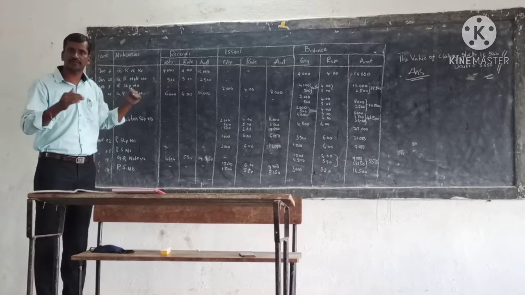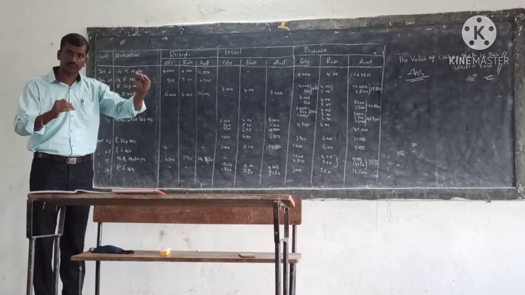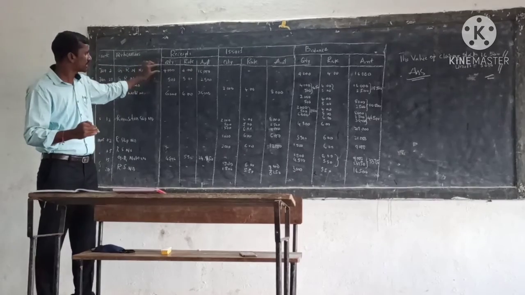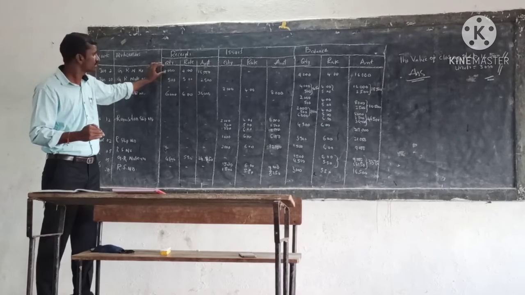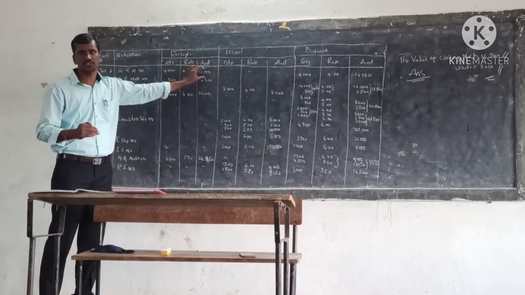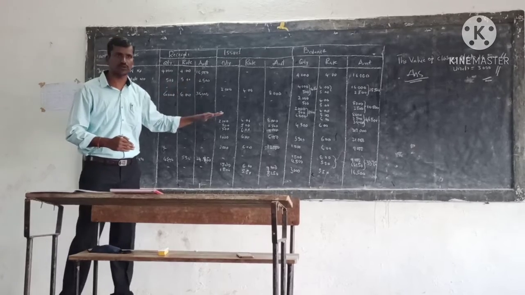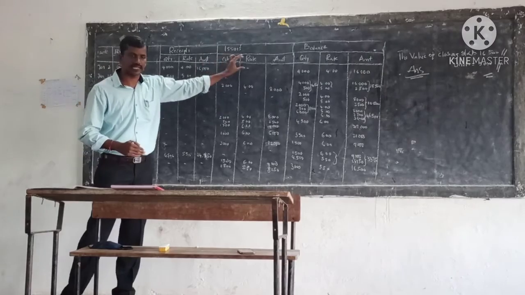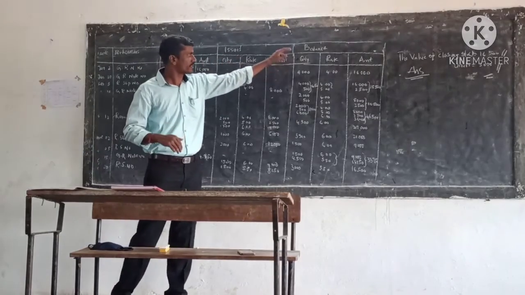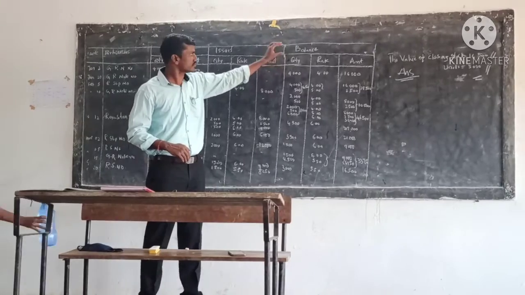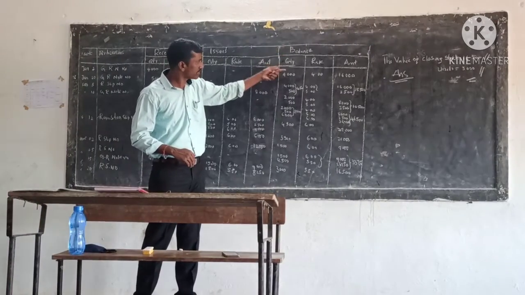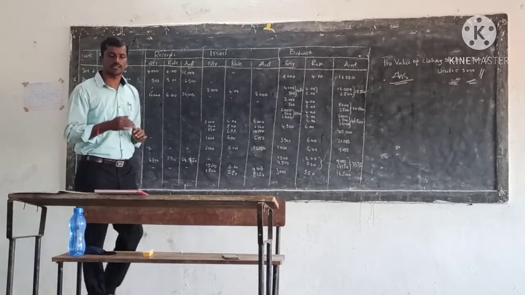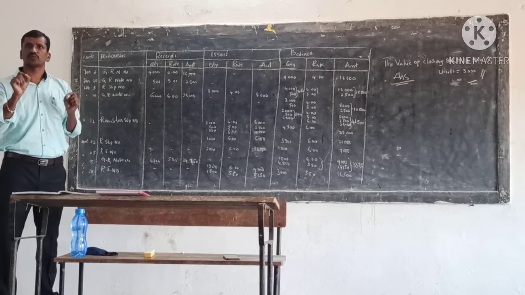Means whenever we receive the goods from stores, or from other stores, we have to take the quantity in units, rate in rupees, amount in total. The same procedure will be followed in case of issues also. That is quantity, rate, amount. The same procedure will be followed in the balance column. In the balance column also we have to follow the quantity, rate, amount. Now we will see the given transactions one by one.